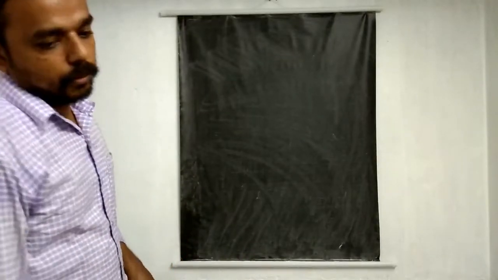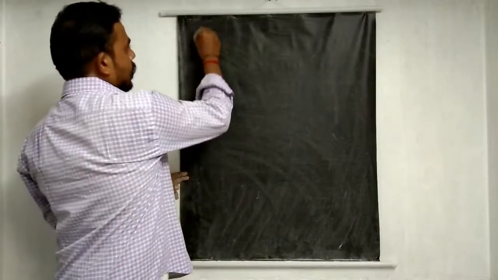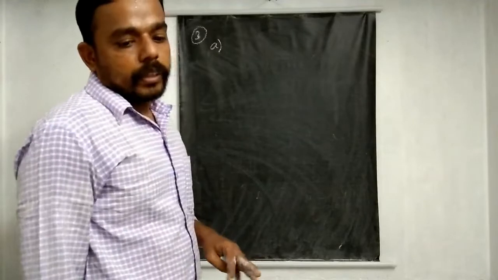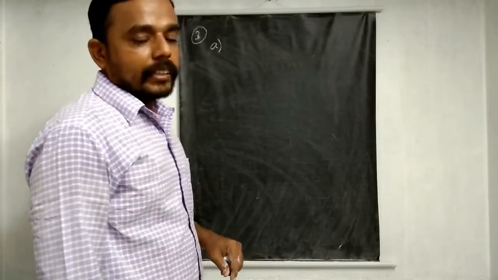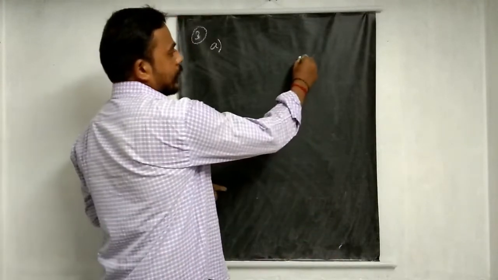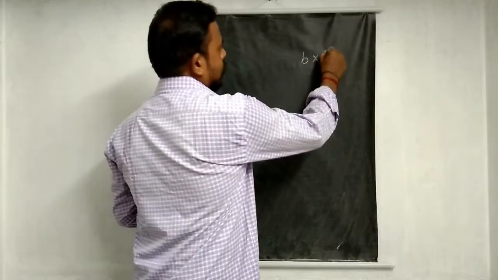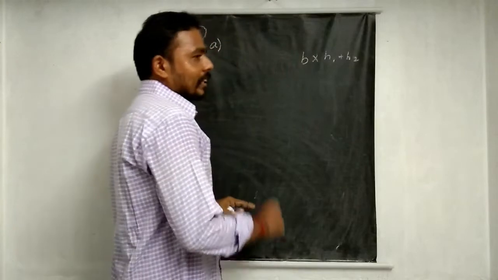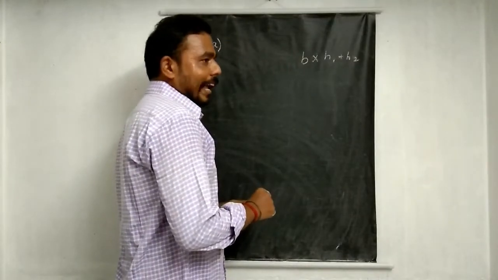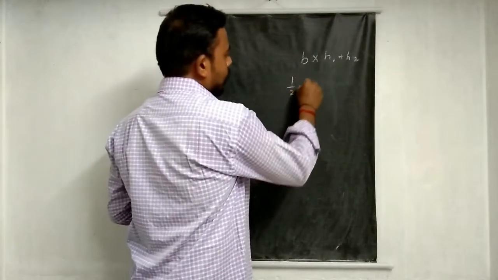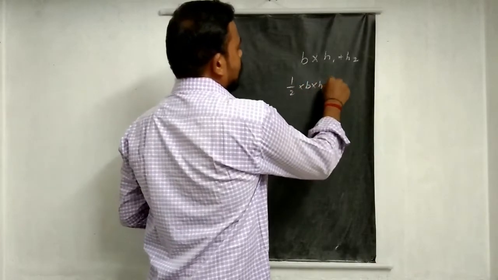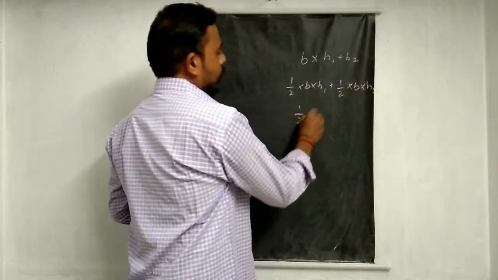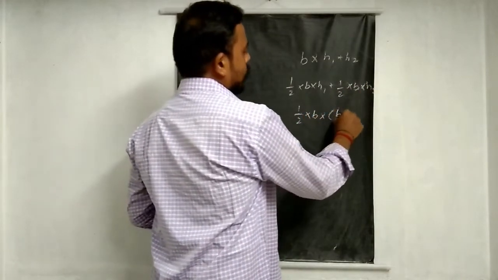Find the area of the given quadrilateral. So, in that area of the quadrilateral, base is common now. So, area of the quadrilateral, base into H1 plus H2. For that, consider the same base. So, consider that triangle half into base into H. Half into base into H1 plus half into base into H2.